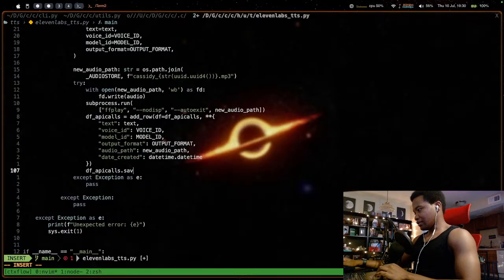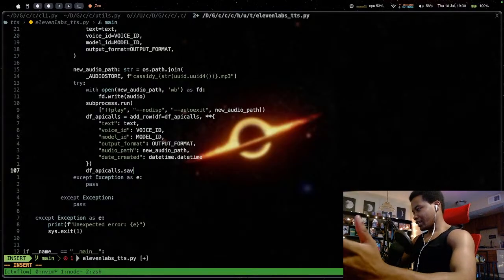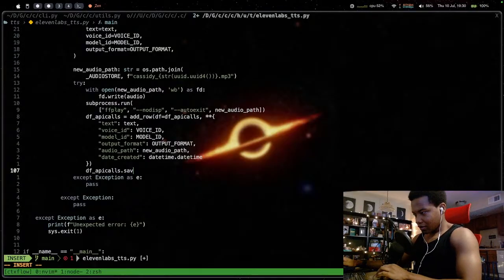I think it's literally just .save. Is it save CSV or something? Oh my god. Why can't I just type save into the docs? This is literally not what I want.